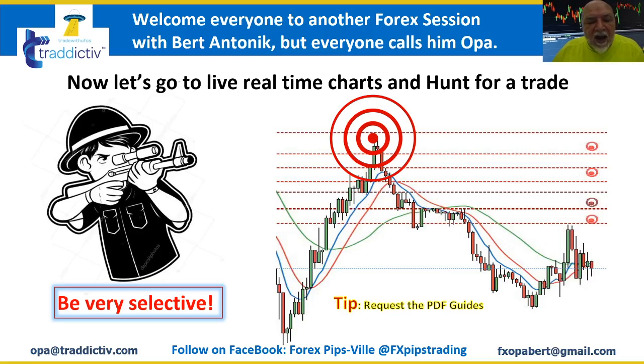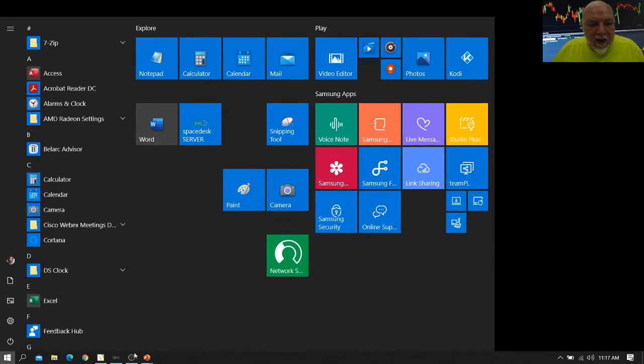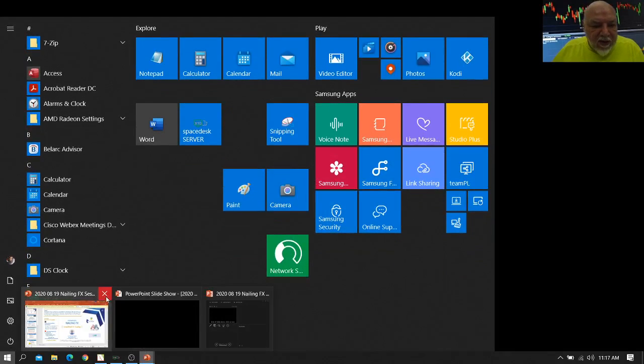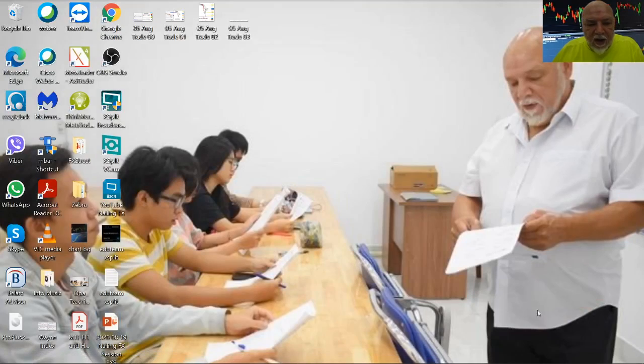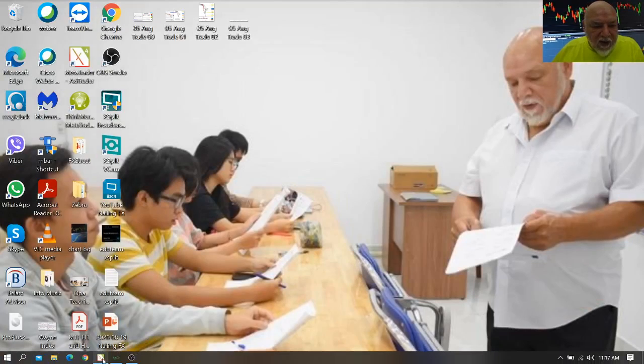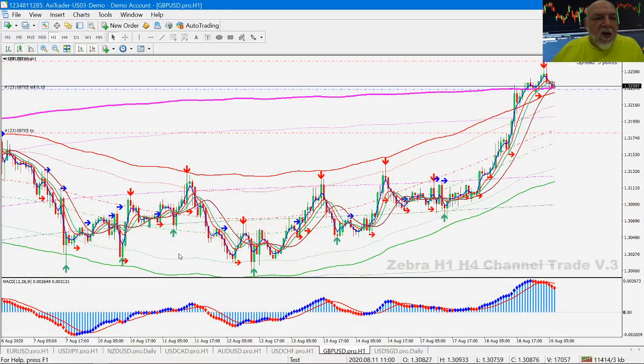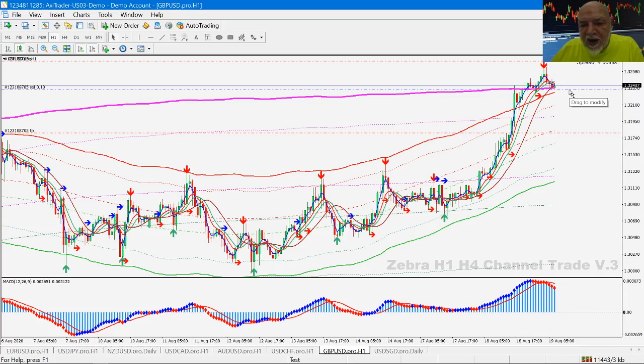Then we went and looked at the trading. Okay, let me get rid of that. We looked at actual trading over here, and so let's go ahead and take a look here. Here is the pound USD. Based on all the criteria that I discussed, I actually put a trade on here. All right, put a trade on here, and so let's take a look.